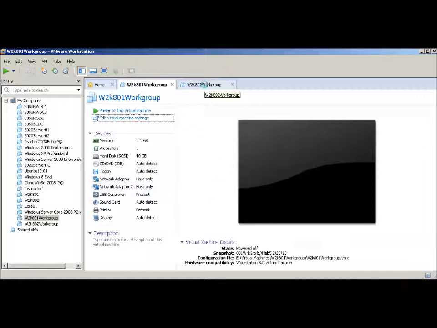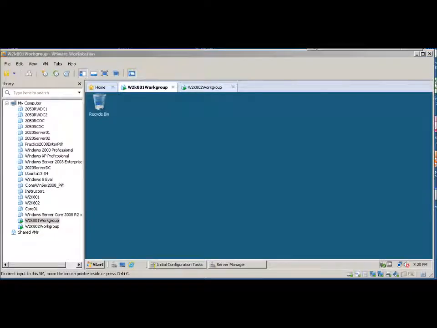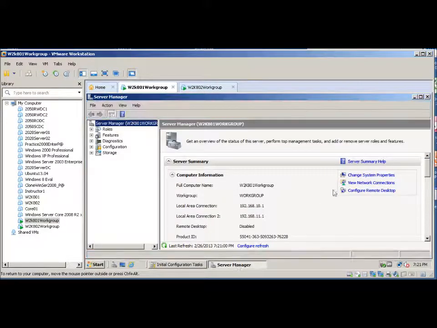I've already done this for both of the servers, and so I'm going to boot them up now, and once they come up, we'll configure the IPs on them, and then we'll see how we can ping each other between the 2 servers. Okay, our servers are booted. Now we're going to give the network adapters, the NIC cards, their static IP, and to do that, I just went to the server manager, brought it up,